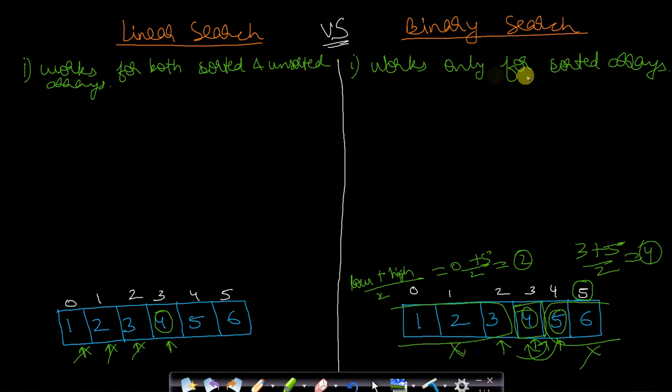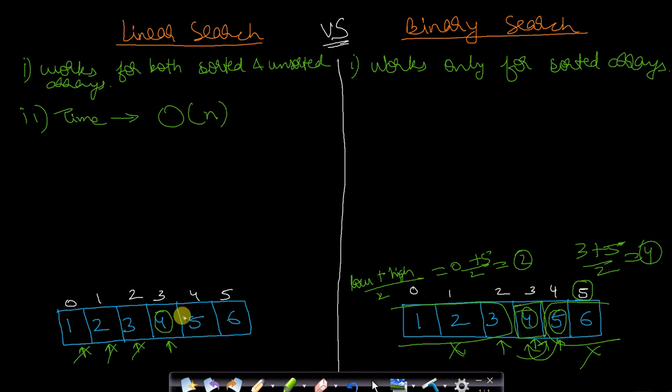Therefore it works only for sorted arrays, and it is not like it will work only for ascending order elements and will not work for descending order. It will definitely work for descending order. You will just have to tweak a little in your code. Therefore, you can see that the time complexity taken in the linear search will be order of n,